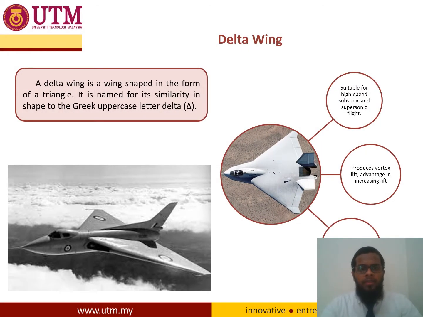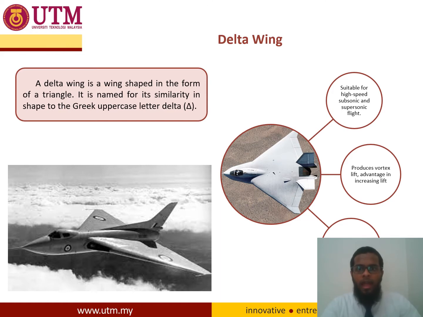Delta wing is in a triangular shape. Because of this triangular shape, the similarity to the Greek uppercase letter delta, the name delta wing is used. You can see examples of pictures of delta wings, and some advantages of the delta wing are